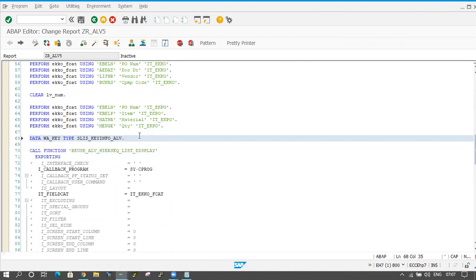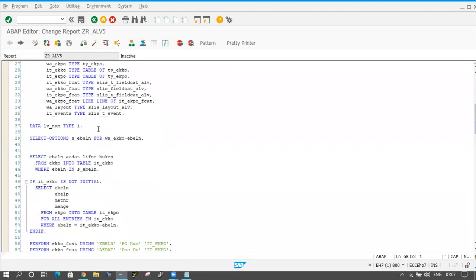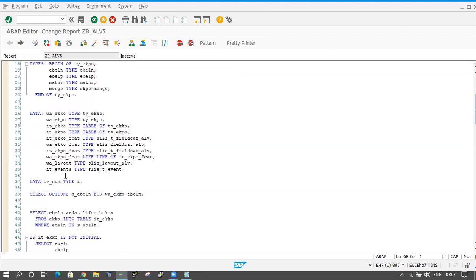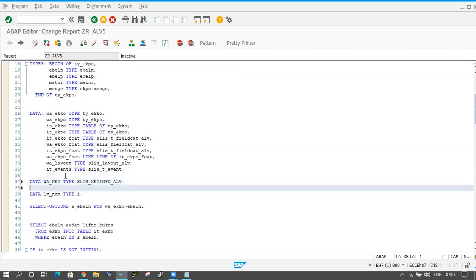I don't know exactly what this one is, sys_key_info_LV. So I will cut it and paste it at the top of the program, because this is a declaration part, and I'm maintaining all the declarations in one place.